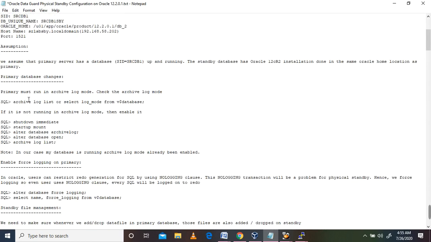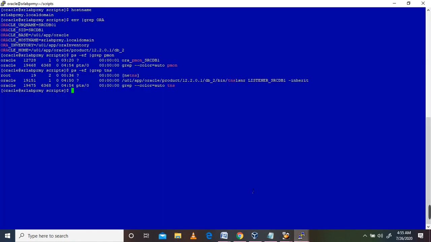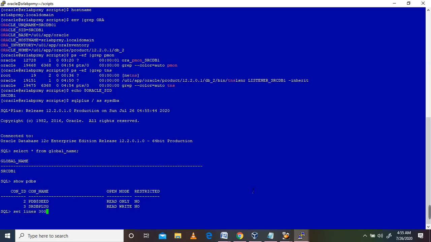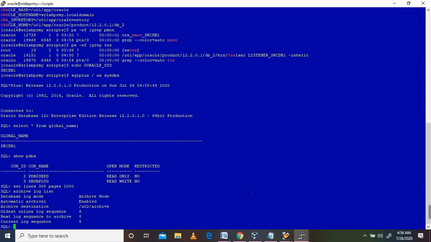Okay, we log into the primary database. Primary must run in archive log mode, so we need to check whether archive mode is enabled or not. There are two ways we can check it: archive log list, or select log_mode from the database. Yes, I'm connecting to the database. So archive log mode is enabled.